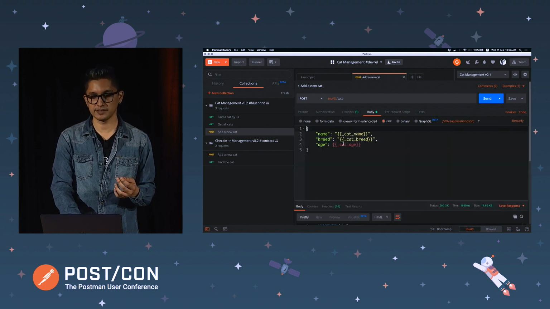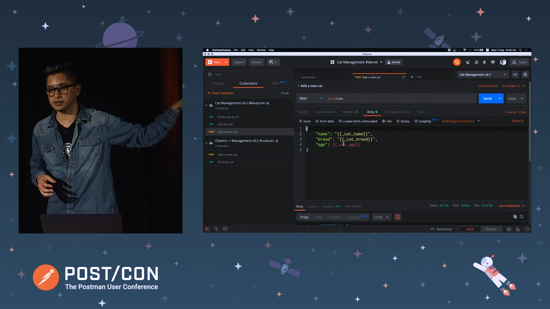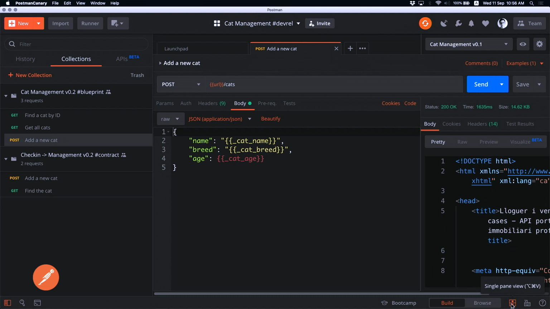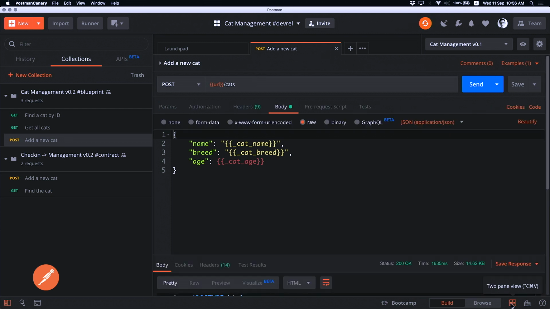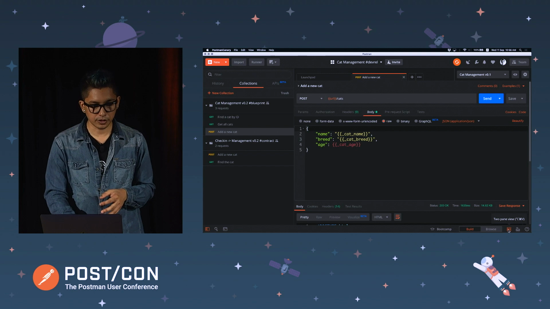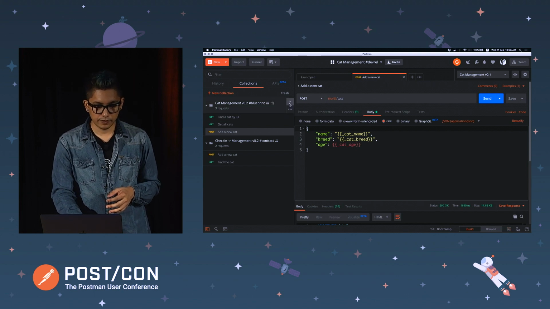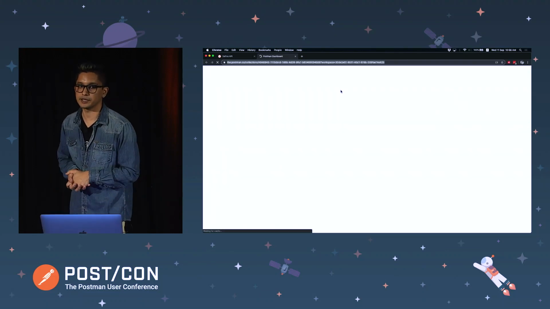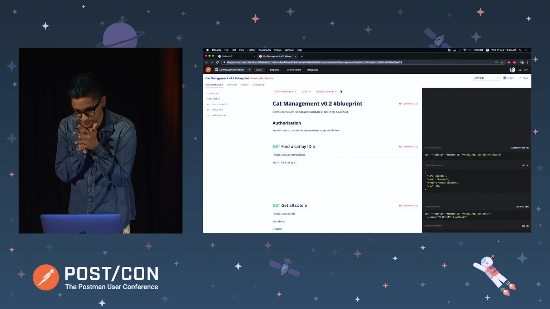And you can also define your body. So this is the request body on the top. At the bottom is the response. Two pane is not going to work here. Single pane view is better. And the things in those squiggly brackets here are variables. So what you see as underscore cat name, underscore cat breed, I'm actually creating variables in the body itself. So I'll show you more around that. And what we'll have is, like I said, the blueprint collection is where you have